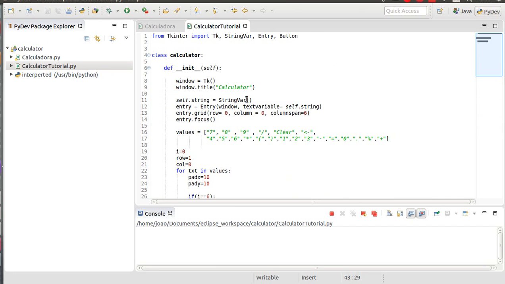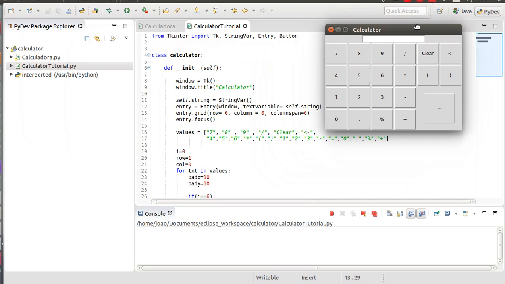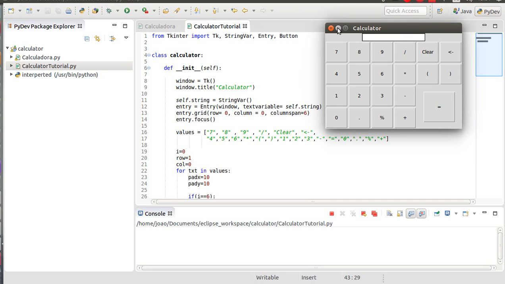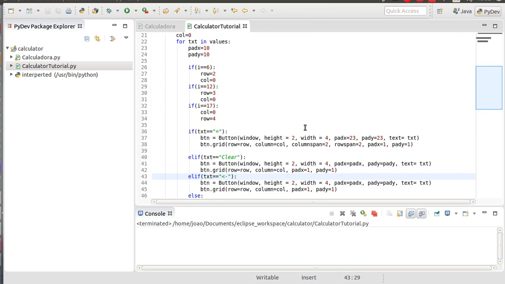Okay guys, so welcome to the second tutorial on how to build your own calculator in Python. This is where we left off in the last tutorial. Now we're going to be building the rest of the buttons and all that good stuff. First things first, we're going to define our